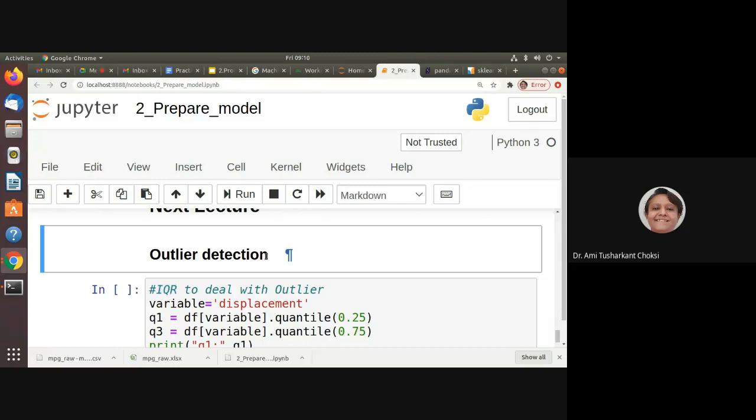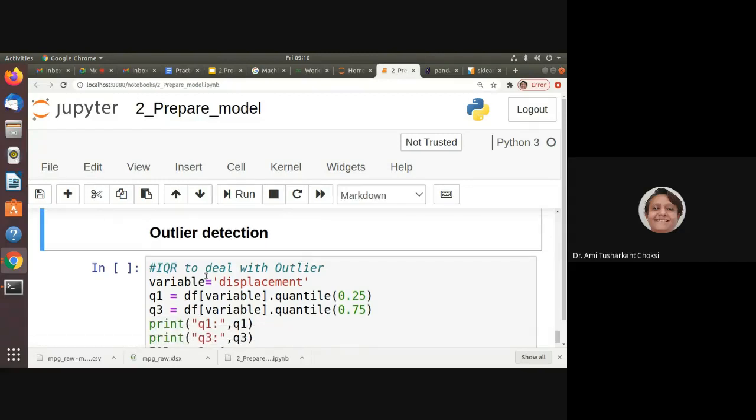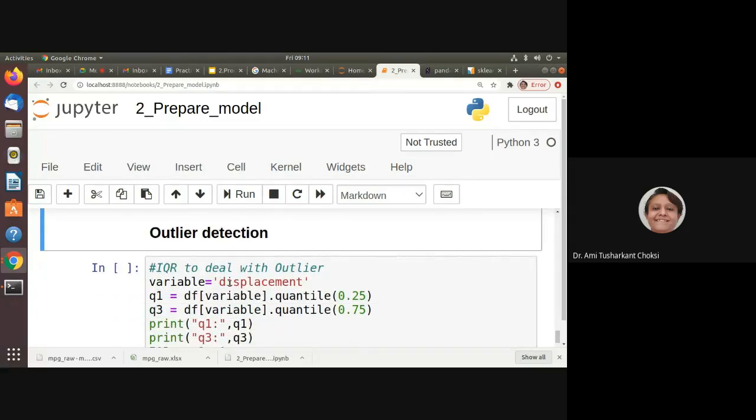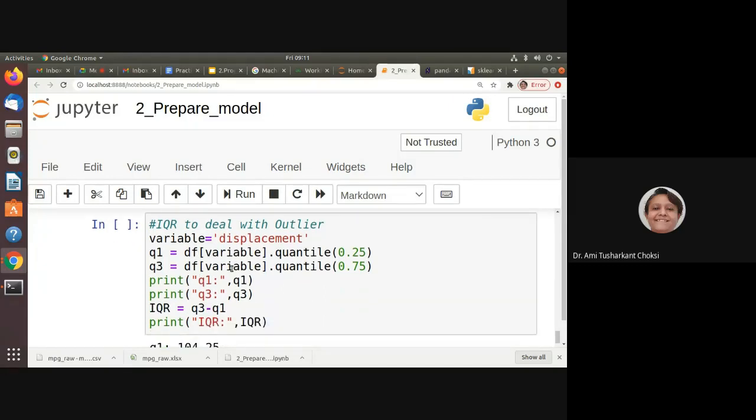Now, outlier detection. For that, IQR is Q3 minus Q1, right? So let us first find out the IQR. Variable is equal to displacement, that is, whatever variable or column title we want, we keep it here.